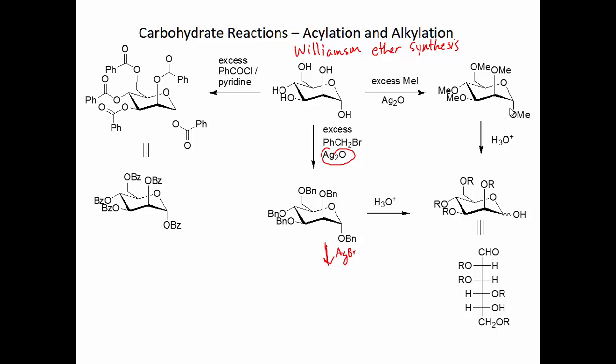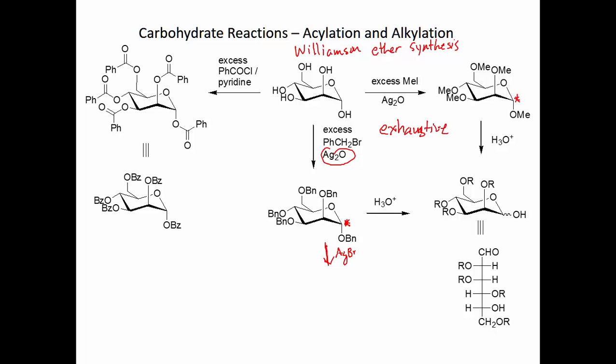Okay, so here only the anomeric OH group is converted back into an ether. And remember that because that is an acetal, it's much easier to hydrolyze than the others. The others are just simple ethers. Remember back in the ether chapter, ethers require extremely strong acids. Here just H3O plus at a pH of about 1 or something like that will actually cause the hydrolysis to occur quite effectively. All right, I'm just showing here the exhaustive, what we call the exhaustive alkylation,